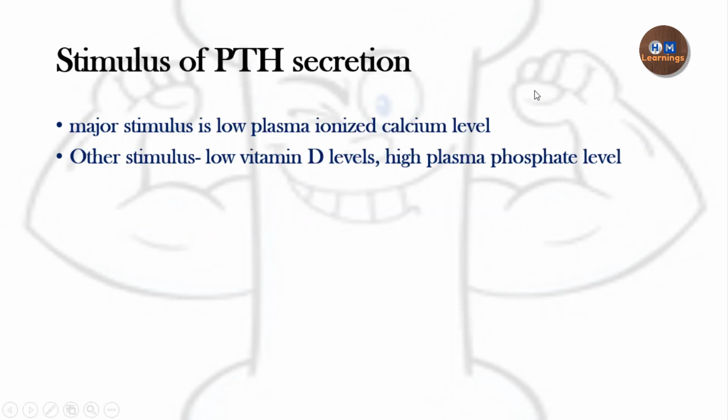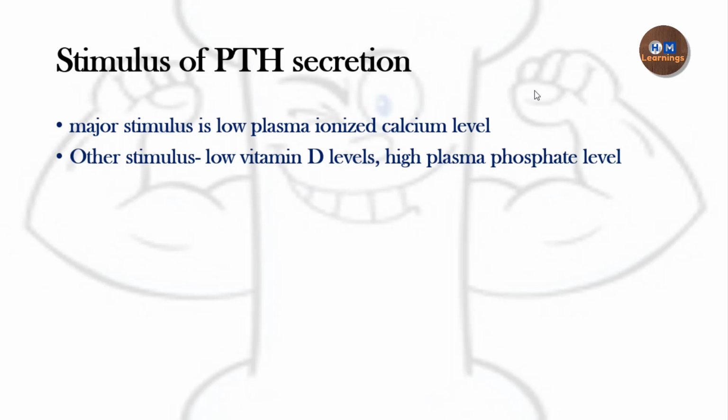Okay. So what is the stimulus of parathyroid hormone secretion? Whenever we talk about any hormone, as I say in vitamin D and cortisol also, first we need to know how and from where it is secreted, what the nature of that hormone is, what the stimuli are, what the mechanism of action is, what the physiological actions are, and how the levels of the hormone are regulated. So we start with the stimulus of parathyroid secretion.